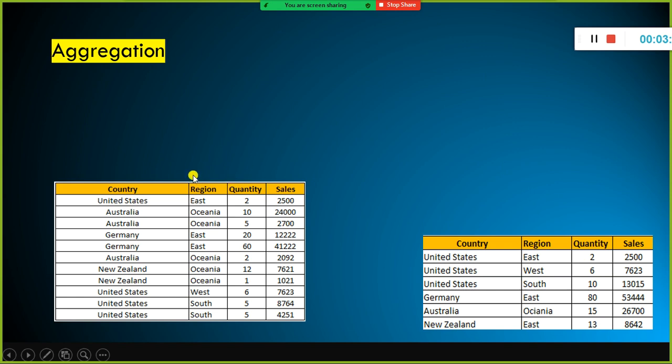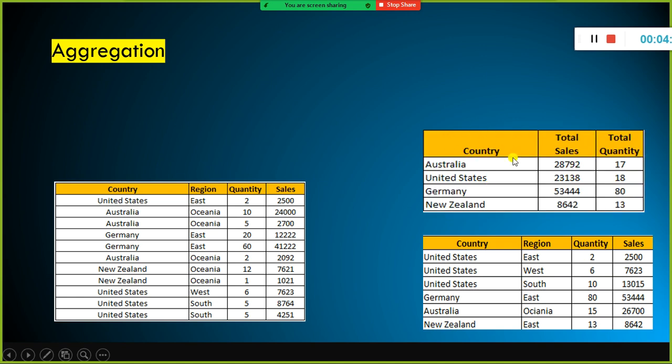Country-wise total sales. So regardless of the region. Look here, in the United States we have the East region, and the same United States has West and South regions. Even within the South region we have two different records.